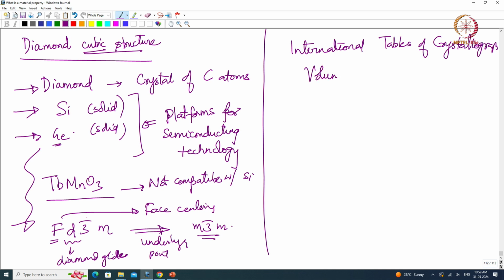Volume A. Okay, so this is called ITA, which tells us everything about what the space groups are. So right now, with this basic introduction of space groups, we will see how to read this book. What are the different notations that exist in this book, and so all our crystals